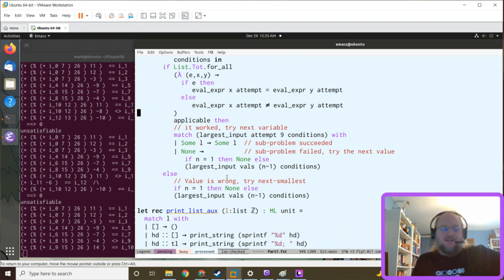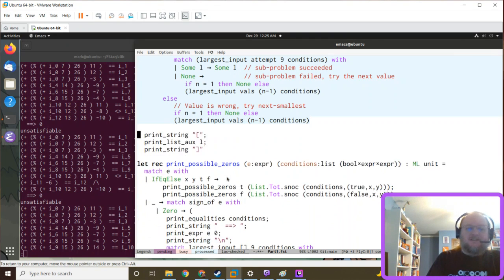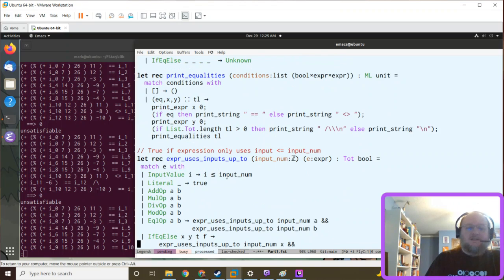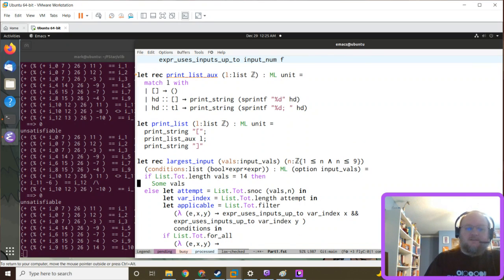Fortunately, a lot of the things we'd like to print don't have their own print functions. All right, well, we just wrote that. So